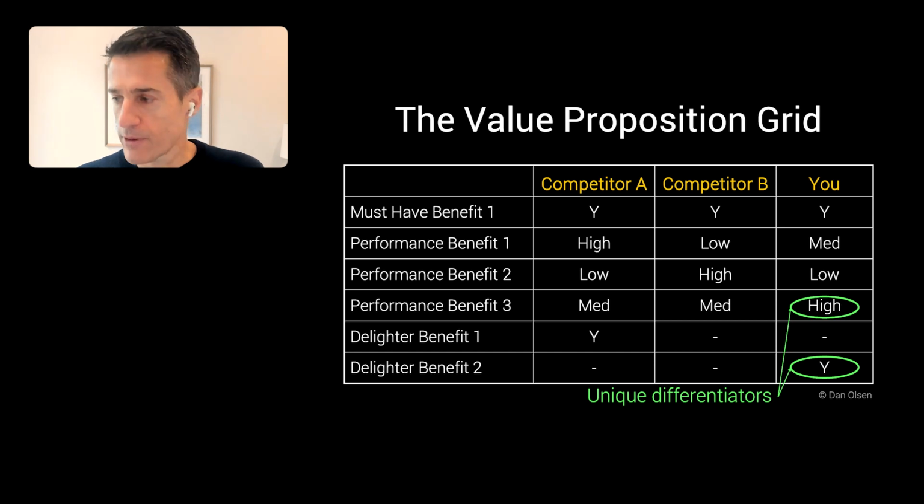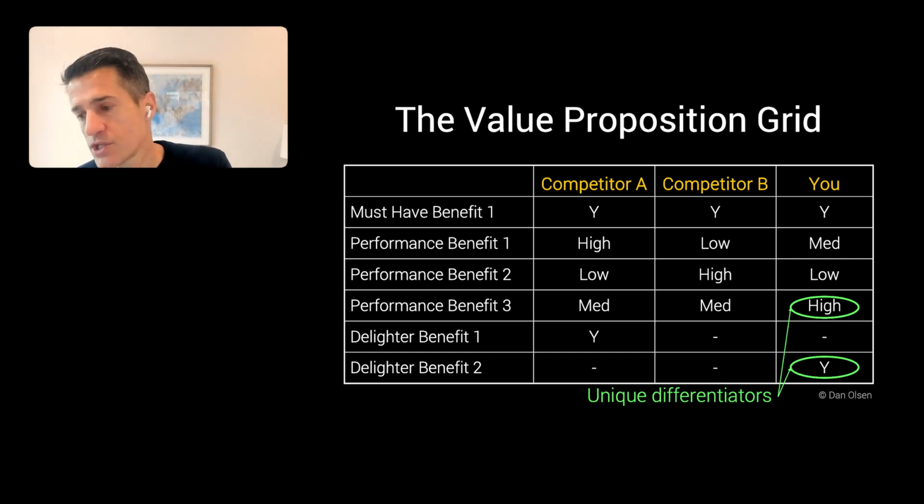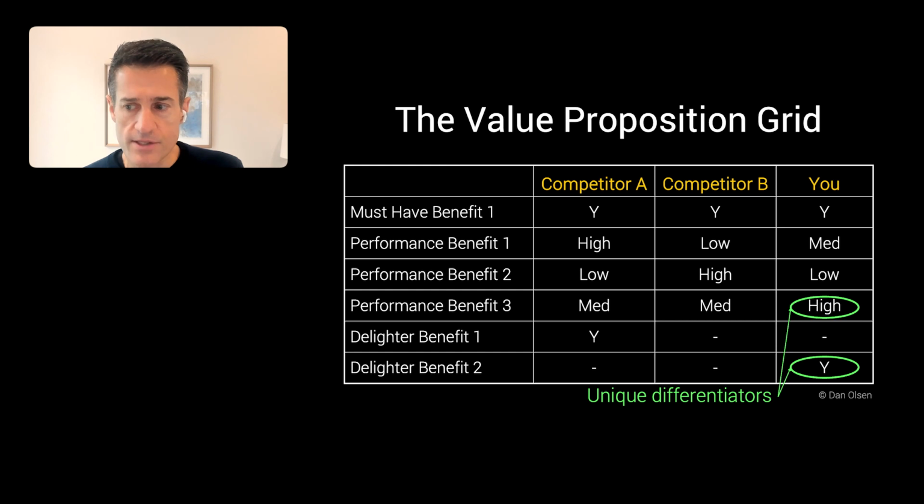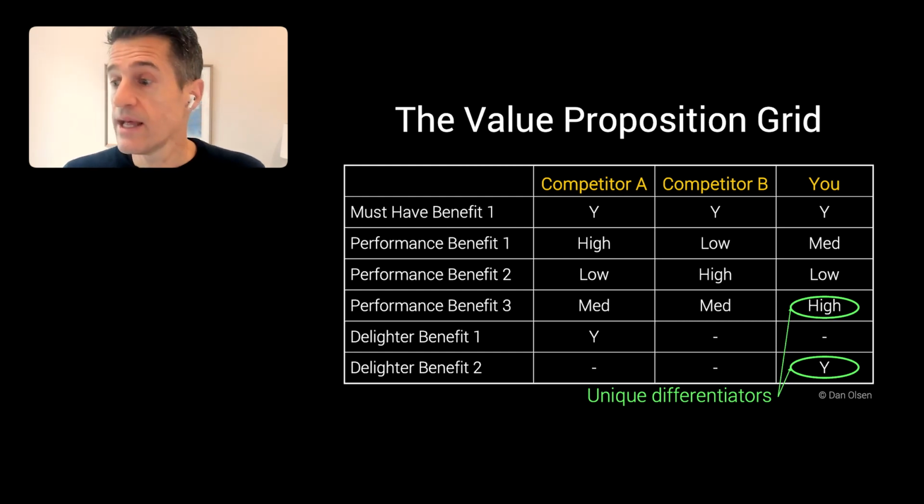usually it's one performance benefit. And then, if you're fortunate, you can also have a unique delighter. And so the whole point here is to get clarity on this, so that going into the next step, this is still a hypothesis. When we specify our feature set, it better deliver on performance benefit 3 and delighter benefit 2, which are the foundations of our value prop, right? So basically, it helps us decide what to put in the MVP to then mock up to go test